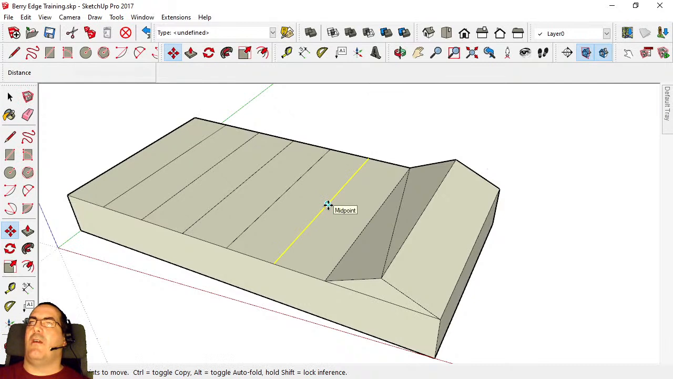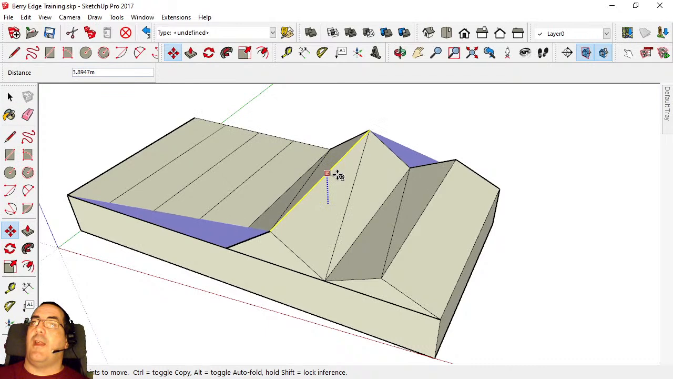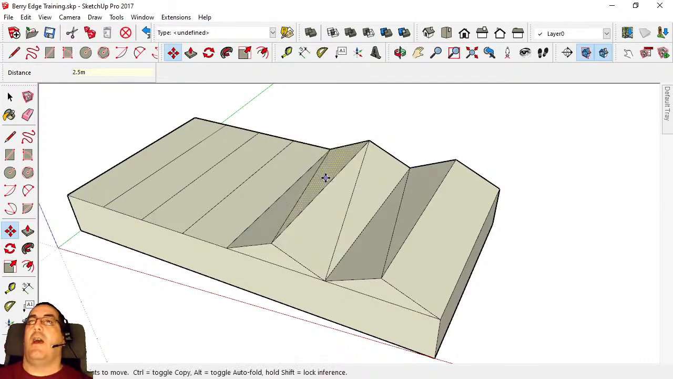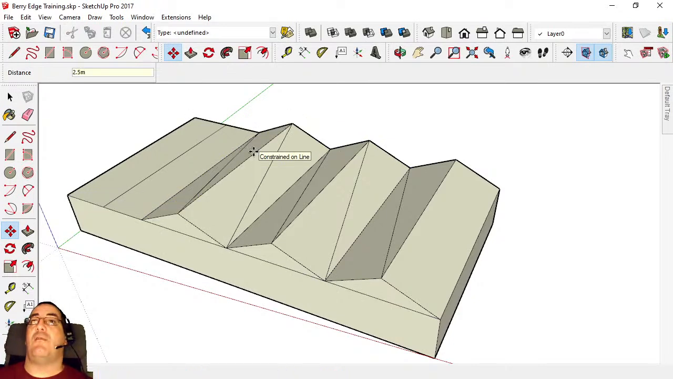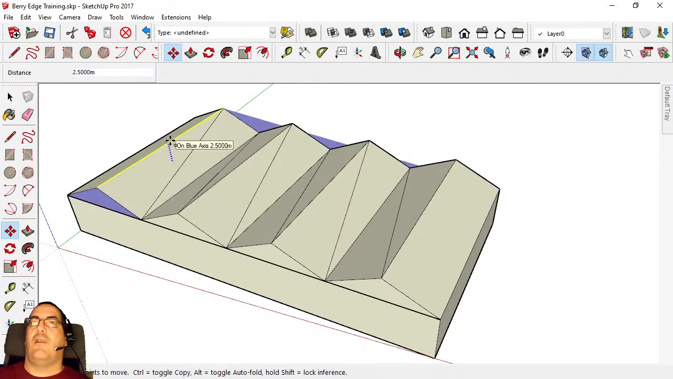So we move over there, we click, we press our up arrow, and then we do that. And we want that at 2.5 meters to match the other one, so we type in 2.5 m, hit return, and job's a good one. Move on to the next line. Click up arrow on the keyboard, move just so it goes into move mode, 2.5 meters, hit return, boom. And one last time, click up arrow on the keyboard, move